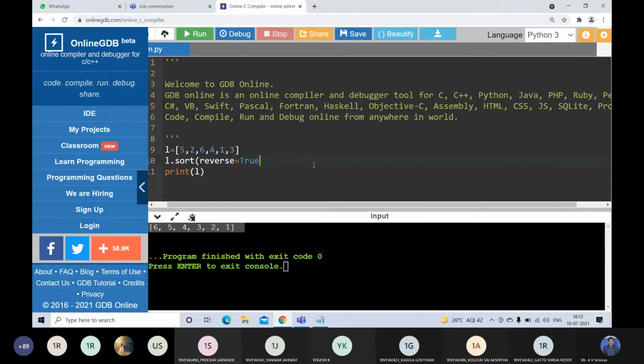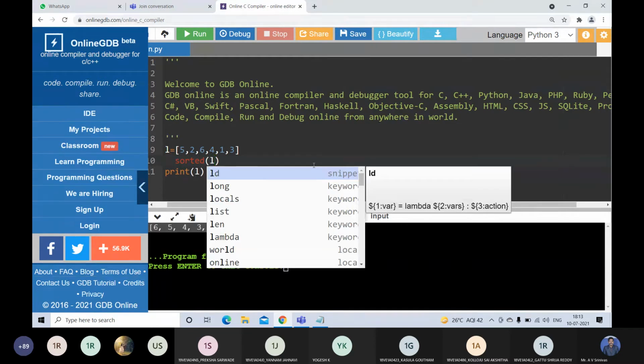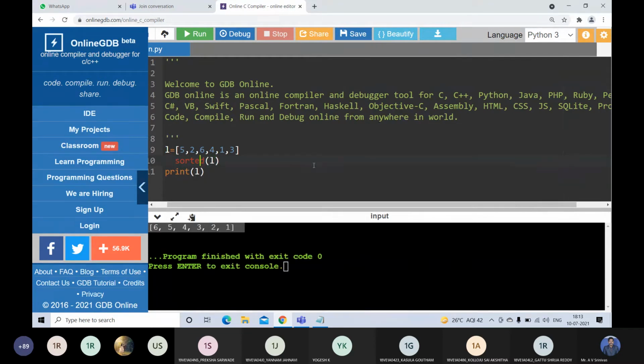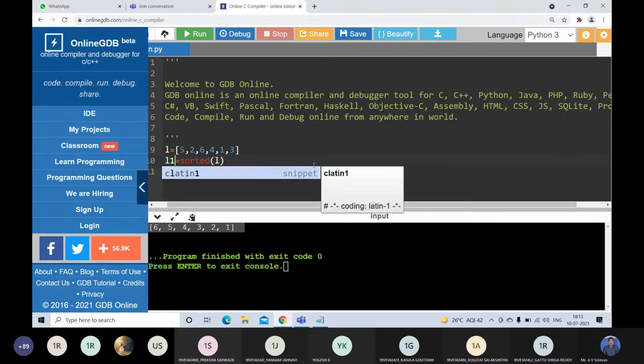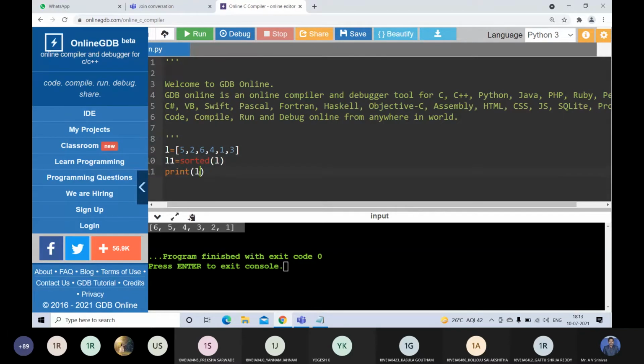Then if you want to use sorted, we call it by using sorted of L, not L dot sorted. Sorted of L returns a new list that will be stored in L1. If you print L1, you will get 1, 2, 3, 4, 5, 6.